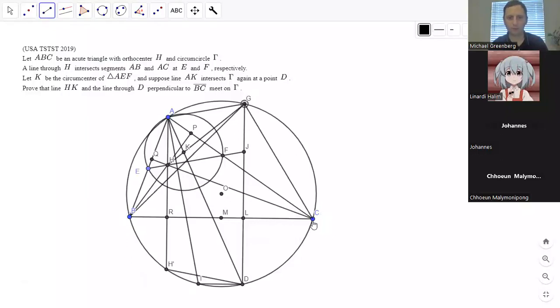So if you look at triangle GBC, if the problem were true, then J would be the orthocenter of GBC. Yeah, because JL equals LD. There's a couple ways to see it, but